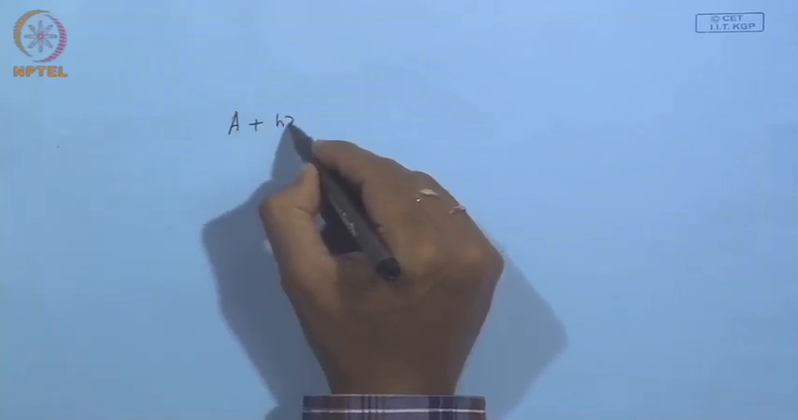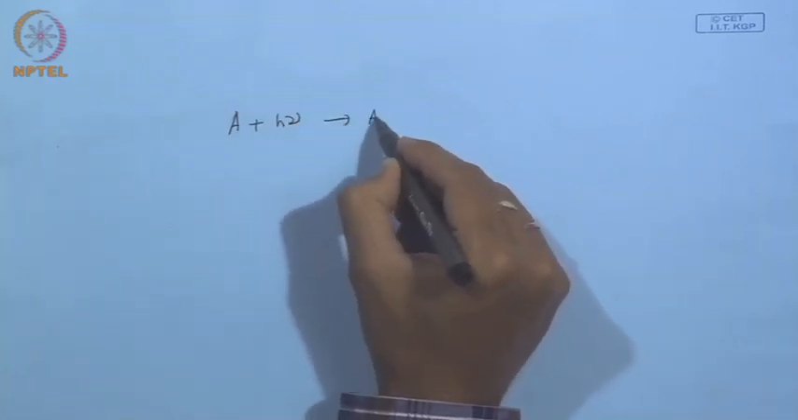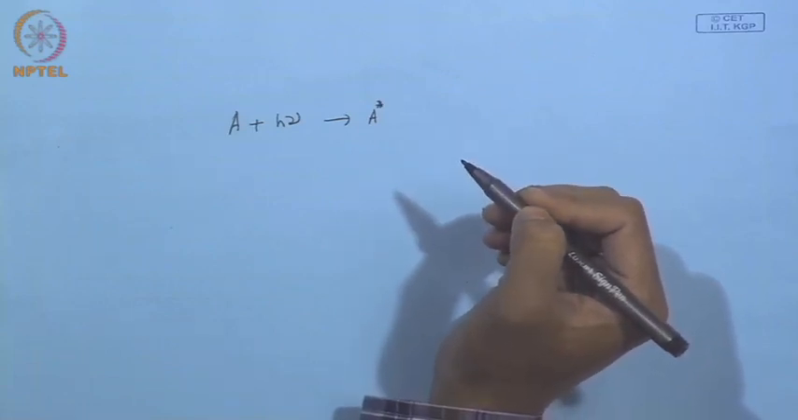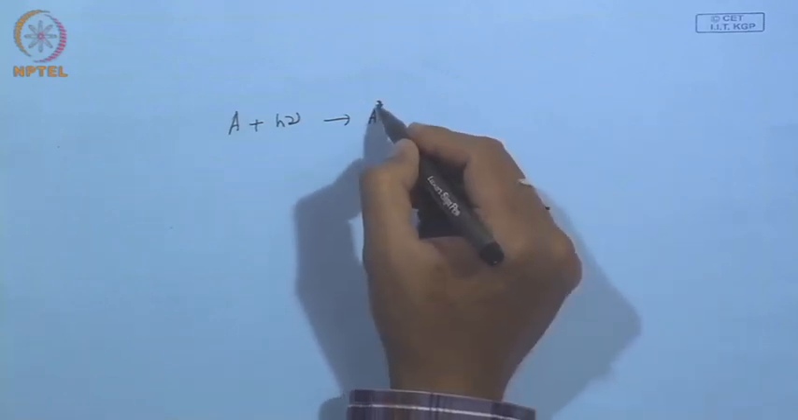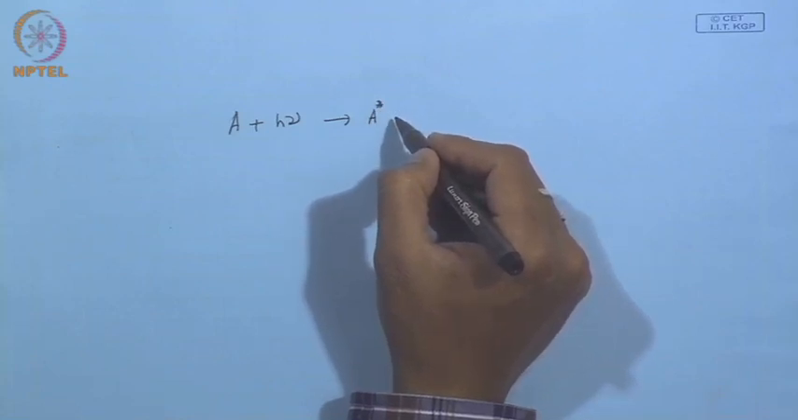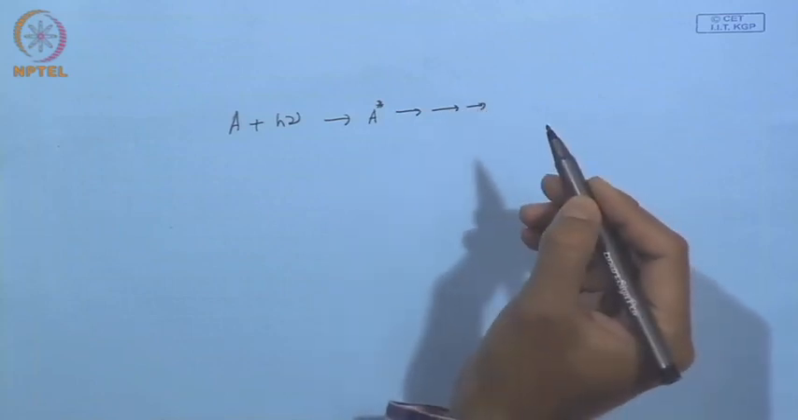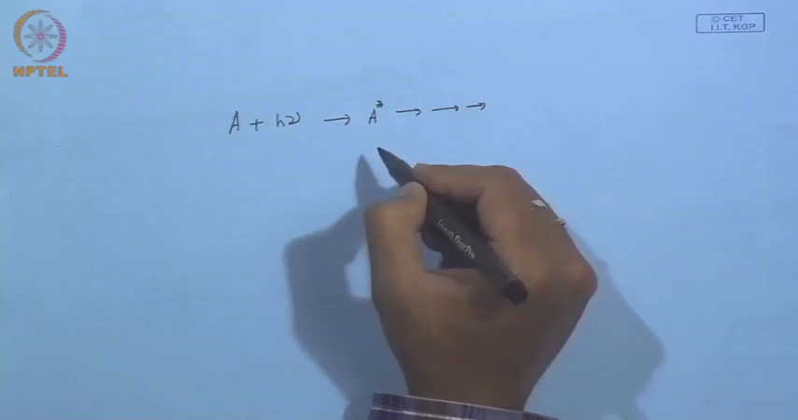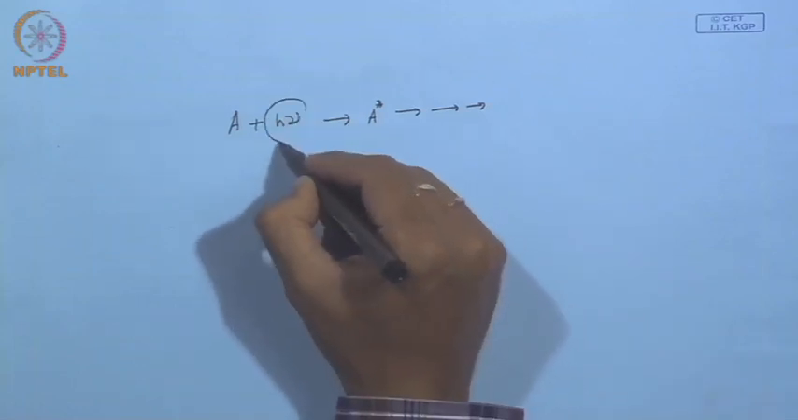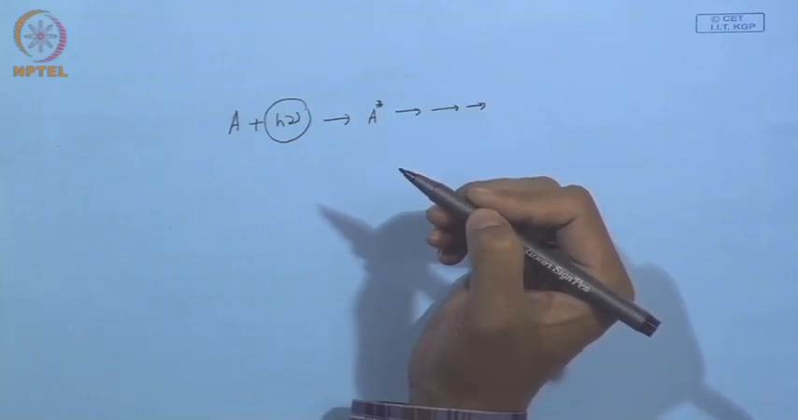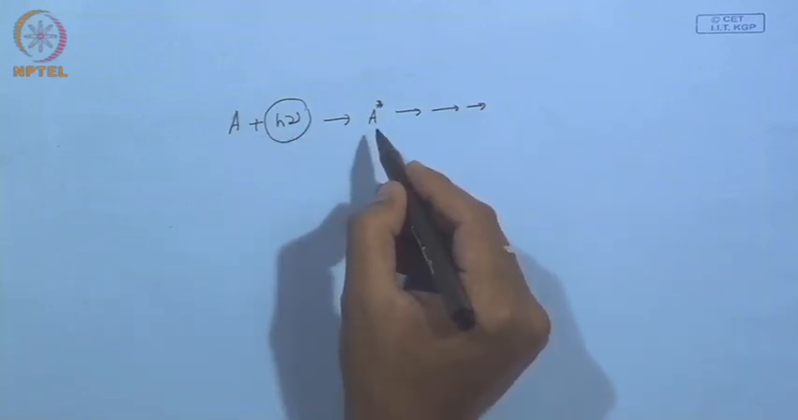So, say A plus h nu giving rise to A star. It is called the photochemically excited one, and then this A star will proceed for further reactions and so on. So, here this photon is a reactant. Now, why does it happen? Because